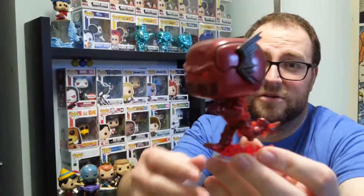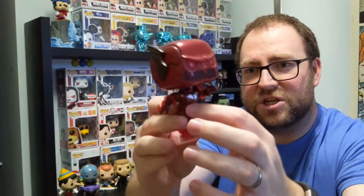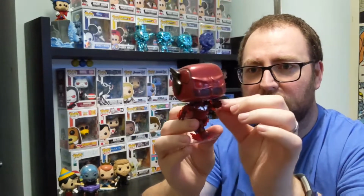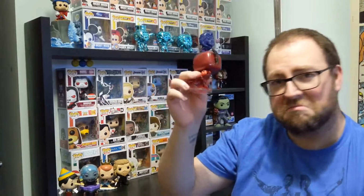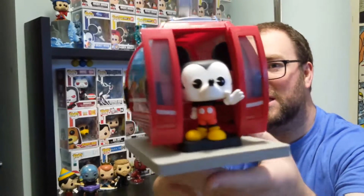It's got bats as the ears to show it is still Batman. He's got the bat on his chest. All of this is ridged. They're all really small little moulding details, and it is just really cool. It's just a very dynamic pose. Very, very good. Next, most people would think this would be higher, but we have Mickey Mouse in the Disney